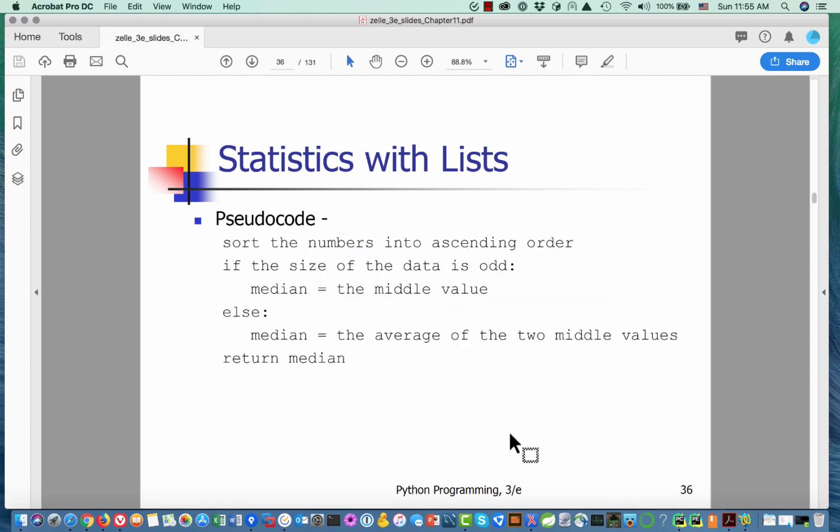Now, one of the things I love about the Zelle book, I'm grousing about the variable names, and I'm grousing about this and that, so I have to remember to tell you things that I love. I love that he breaks into pseudocode all the time, because pseudocode, especially as a beginning programmer, will serve you very well. So the pseudocode for what he wants to do to come up with the median: